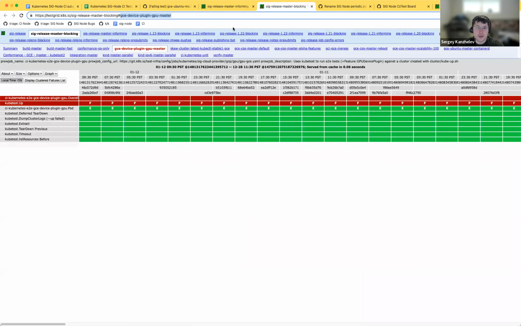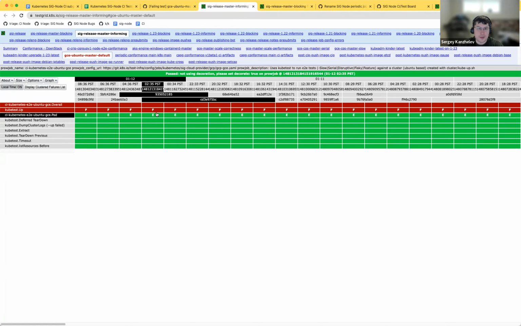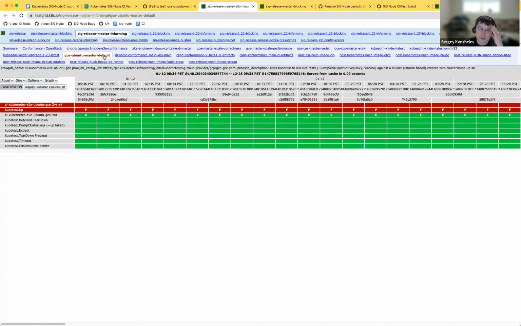Maybe instead of fixing it to containerd, we can just remove this entire thing altogether. It just needs a closer look in detail. And this one, I think, just needs to be changed to containerd. But does anybody know the reason this test is here? Is it an end-to-end node test?